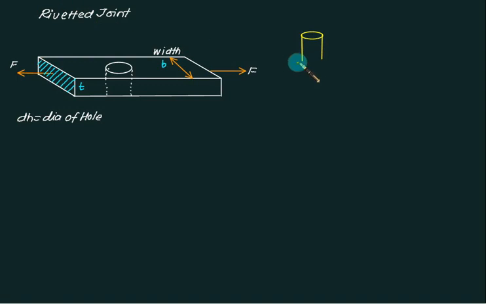So our idea is to pass this rivet, and if we pass it, it is basically like this. So we have slight clearance. But the rivet will not be of the same size; it is slightly more in length. And if you recall, this rivet has a head also, so that we'll discuss later on. So DH is the diameter of the hole and D is the diameter of the rivet. For all practical cases, DH must be greater than D.